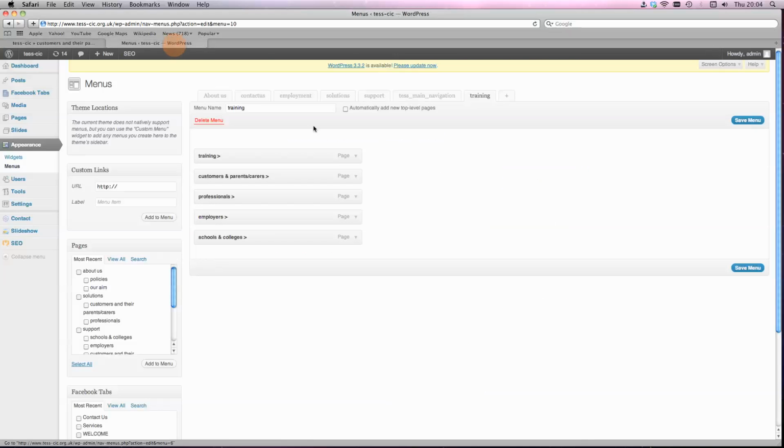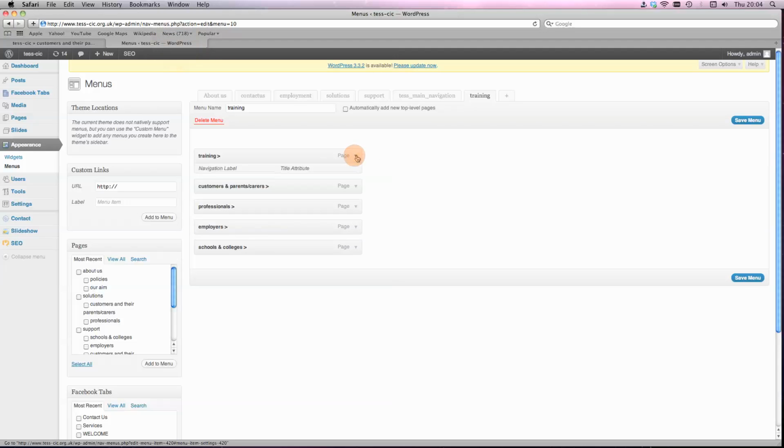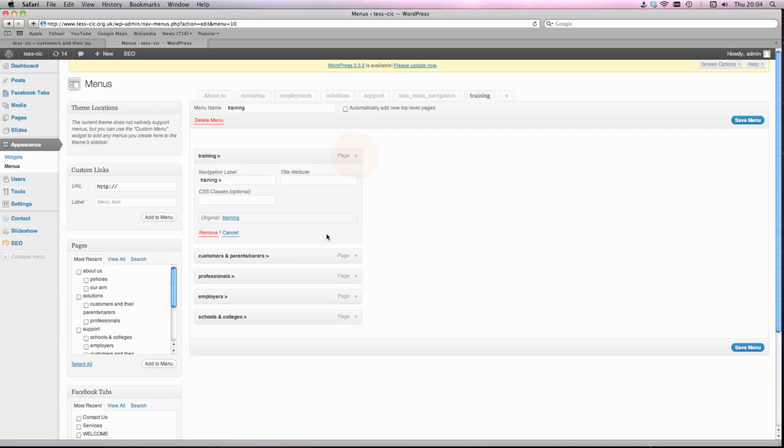So first of all, if you wanted to rename one of the links that's on there, if you select the drop down menu you'll see it expand and you've got something called the navigation label. So whatever you type in there will appear on the website. So if I wanted to call that training test, and hit save in the top corner,